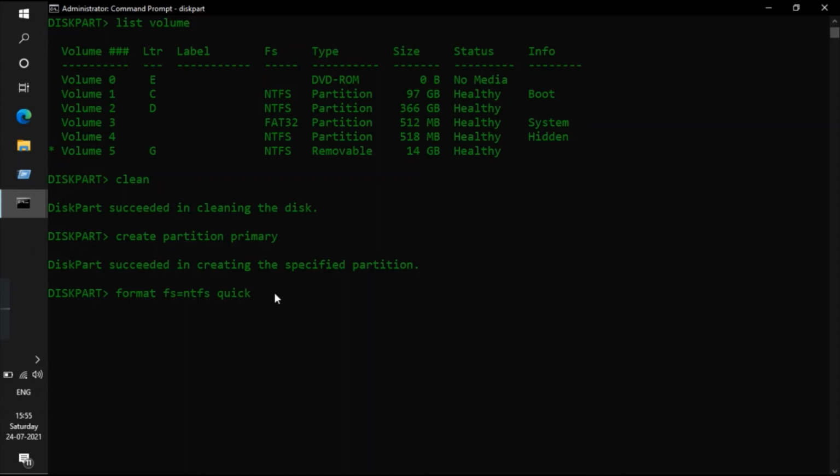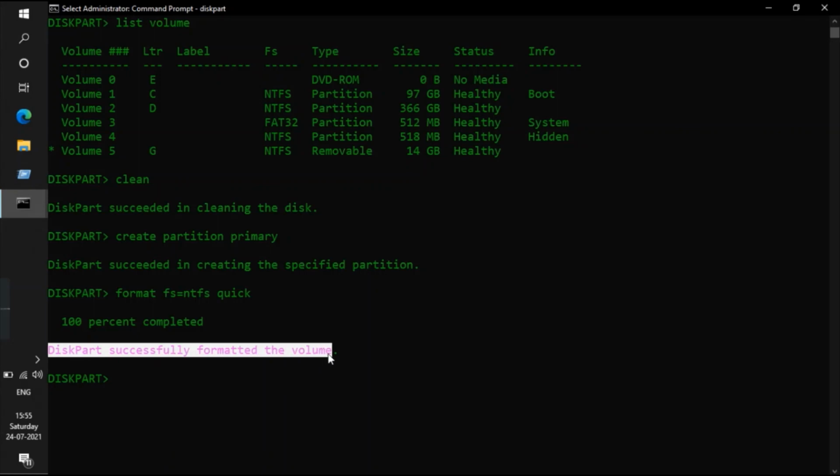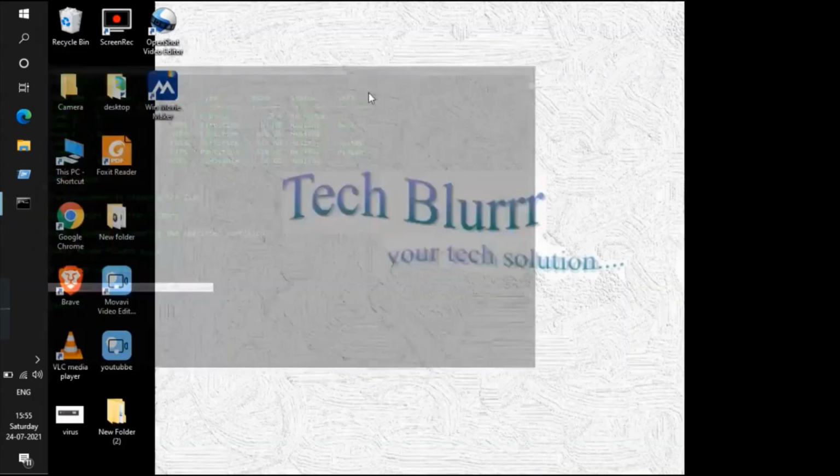We are using quick, so it will be faster. Just type it and hit enter. So let us wait for it. The message is showing DiskPart successfully formatted the volume.